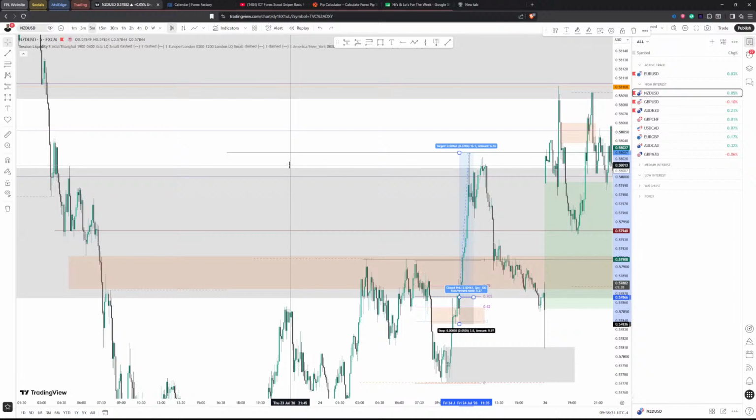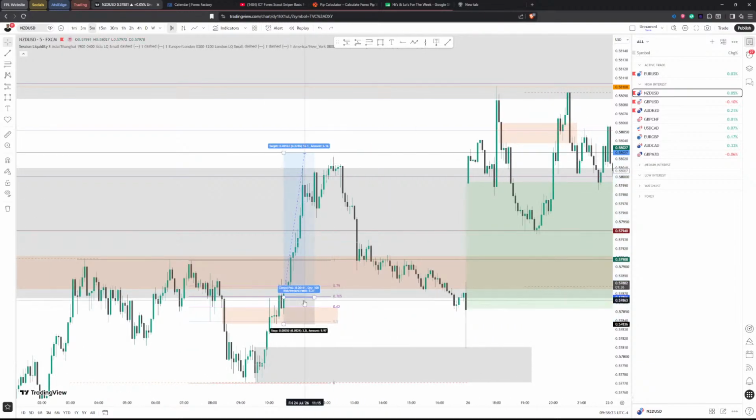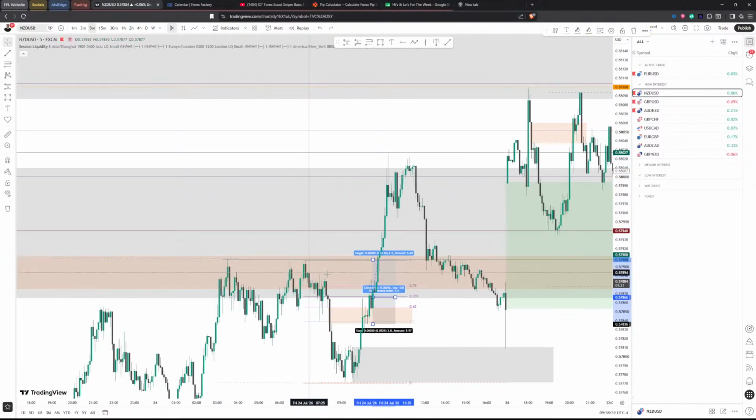Which is, to be fair, actually the creation of liquidity. It was a 1 to 5, but we took and secured the 1 to 1.4, and that's only because of spread. It was meant to be like a 1 to 3, I think, if we got in here, but we spread it and took it to 1.14. So every which way, you can see that my target was here, so I took out my trade here.